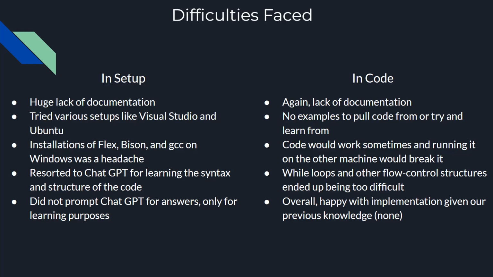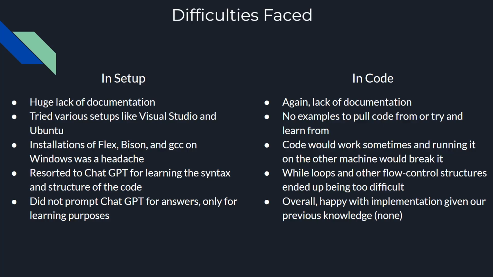So going into some of our difficulties that we faced in our setup, we noticed that there was a huge lack of documentation on Flex Bison, and that was one of our difficulties faced in code as well. We tried multiple setups like Visual Studio and Ubuntu, and originally tried multiple different things, but found that Windows was just the easiest to use, given that it's native to both of our systems. Installations of Flex Bison and GCC on Windows was a little bit of a headache at points, and we resorted to ChatGPT for learning the syntax and structure of the code in Flex and Bison, again, due to that lack of documentation. But it is important to note that we did not prompt ChatGPT for answers, only for learning purposes,